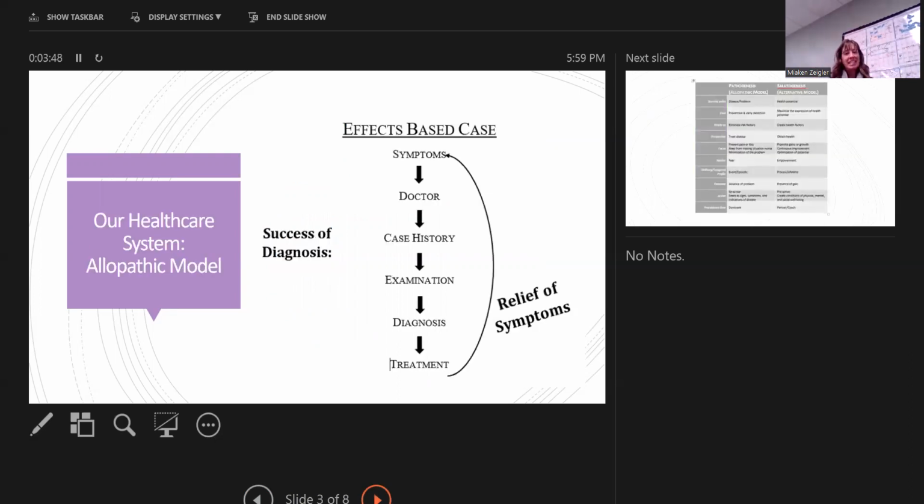In an effects-based care system, a symptom-based care system, in our allopathic pathogenic model, we start with a symptom. So let's go with low back pain. We have low back pain. It's across my low back. It's shooting down into my right glute and it's going all the way to the foot. Okay. A lot of people know this as sciatica. Sciatica is the nerve, and it indicates that there is inflammation to that sciatic nerve, and that is where it travels. So you go to your doctor, and your doctor will take a case history,